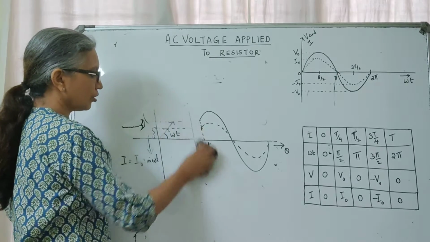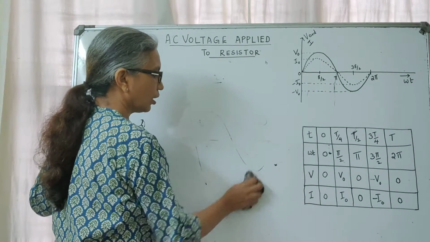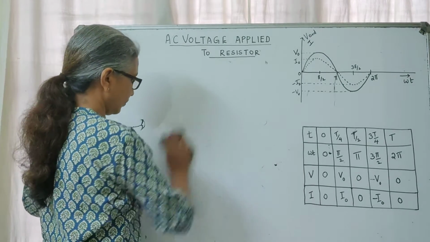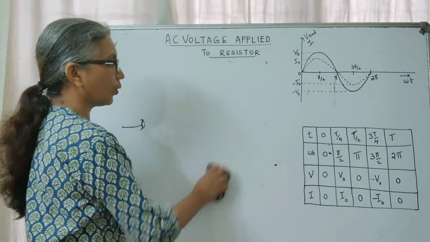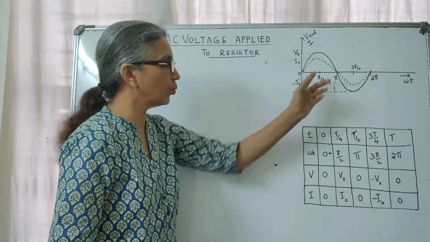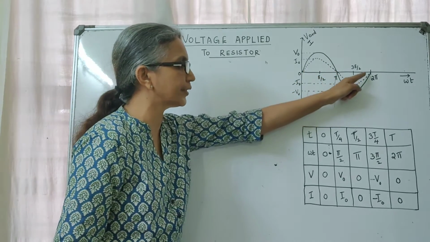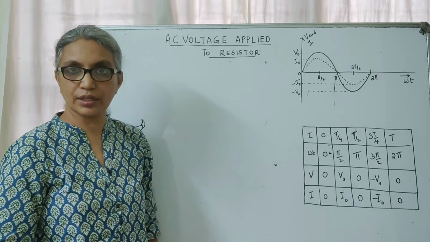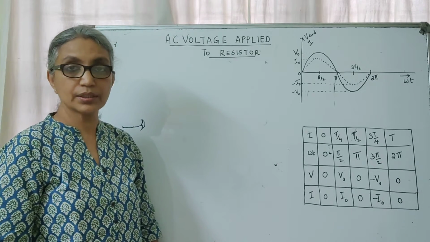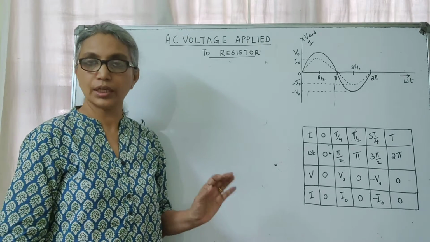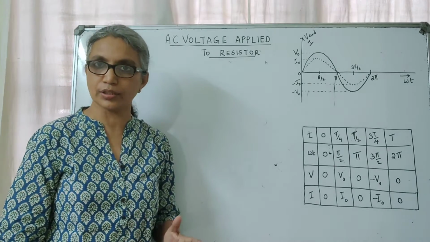Now, the discussion on this is not complete unless we discuss the power dissipated in this circuit. If you look at this varying current in the circuit, you will see that the current in one complete cycle, one time period, will average out to be 0, because every positive value here has a negative value. So if you take the average of current in one cycle, in one time period T, it should give you a 0. But even though the average current is 0, it does not mean that the power consumed and the energy dissipation in the circuit is 0.